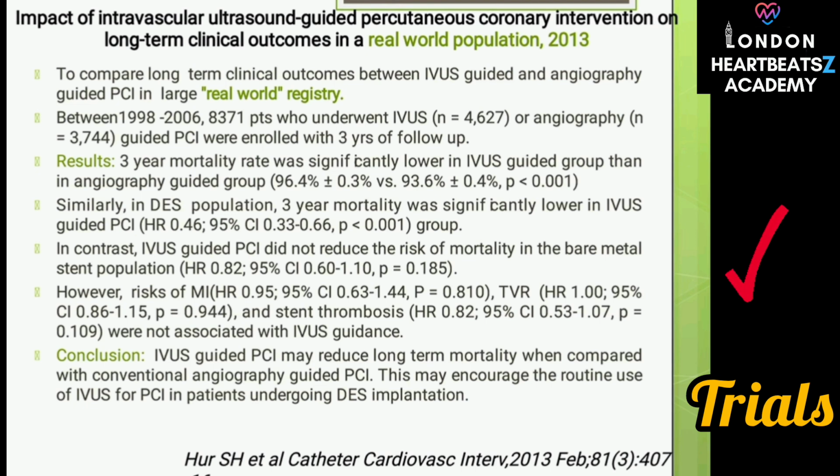So mainly mortality benefit seen, particularly with DES. That was the main conclusion of this large registry study, that IVUS-guided PCI may be associated with reduced long-term mortality compared to angiography-guided PCI, particularly when DES are implanted. This suggested a potentially significant long-term survival benefit. That's a really compelling finding regarding the potential for long-term mortality benefits with IVUS guidance, particularly in the era of